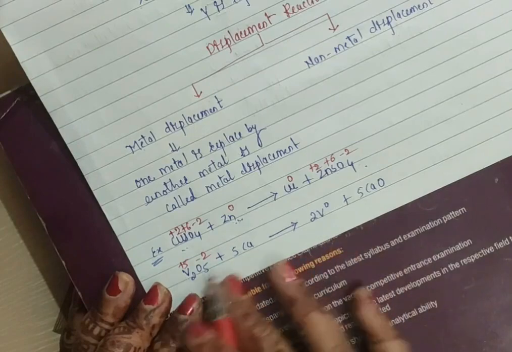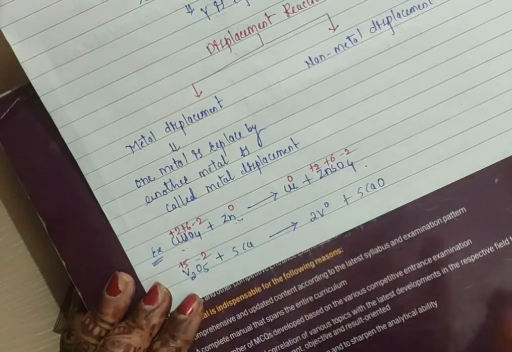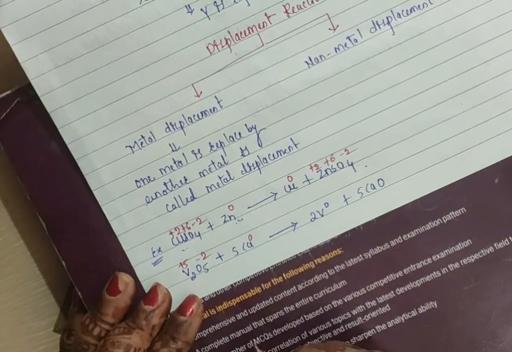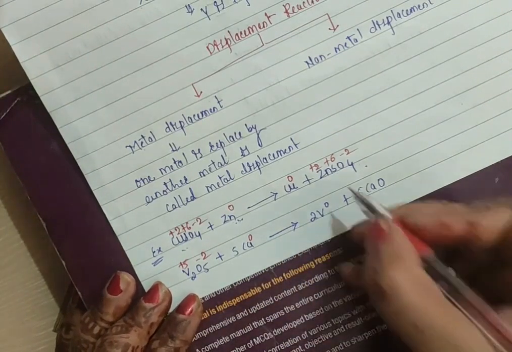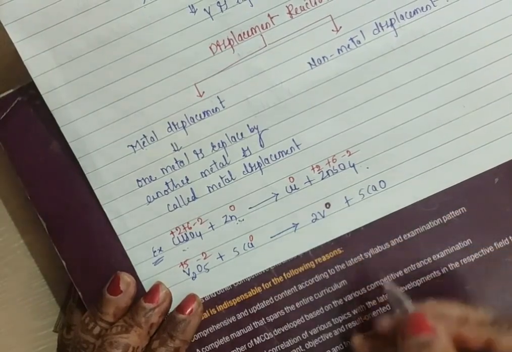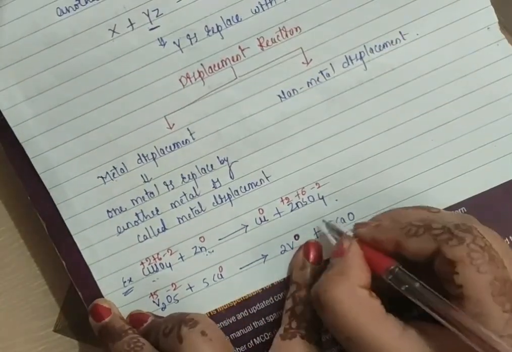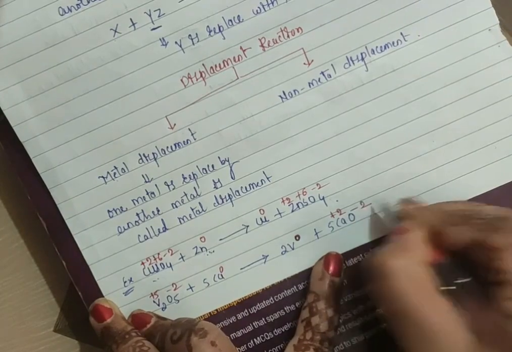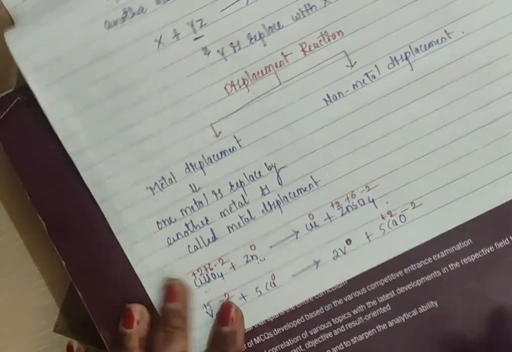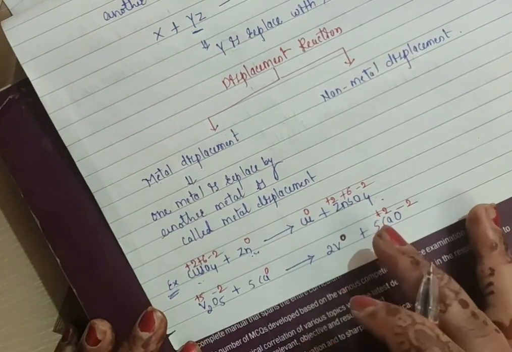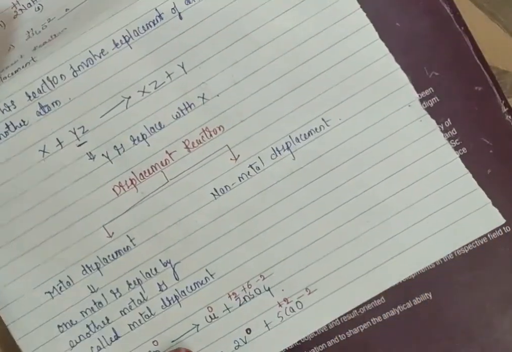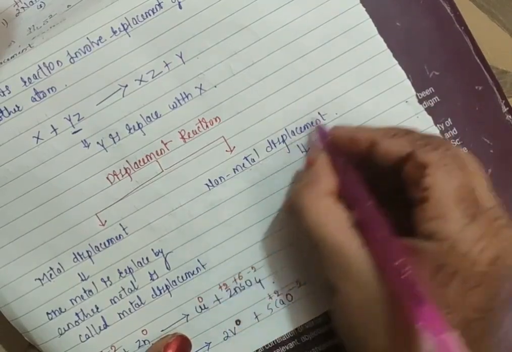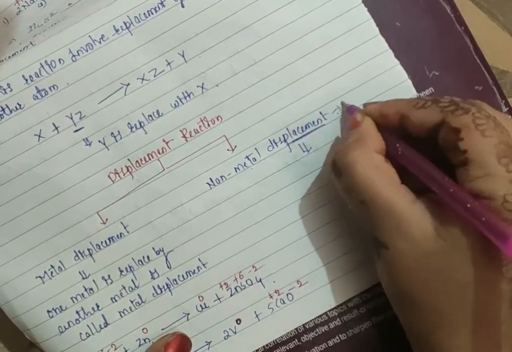If you don't know, at least you should remember one example for each type. Next, calcium present in elemental state has 0 oxidation state, vanadium also present in elemental state has 0 oxidation number. This calcium again has +2 oxidation state, and this has -2 oxidation state. Okay, so this is about metal displacement. Now we'll discuss non-metal displacement. You already know it is nothing but replacement.